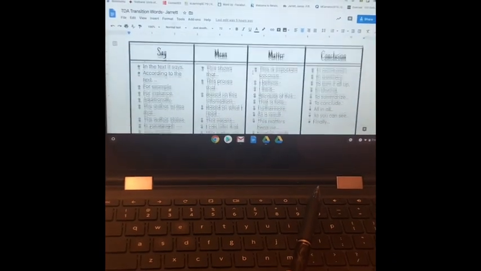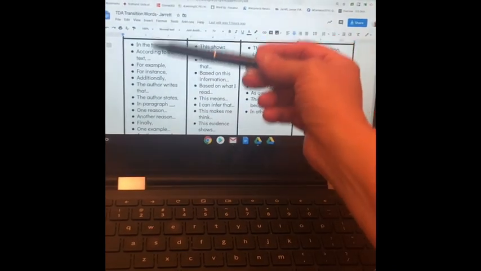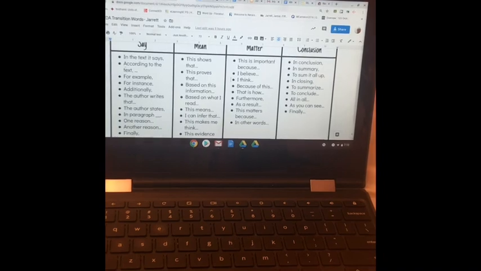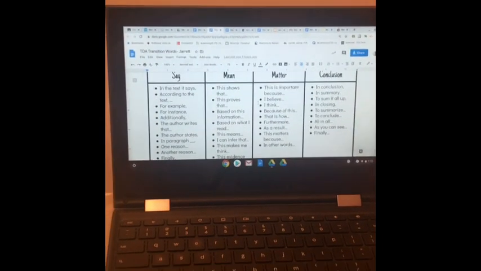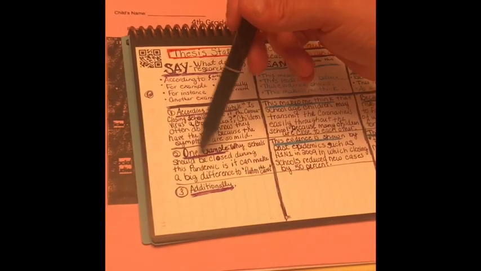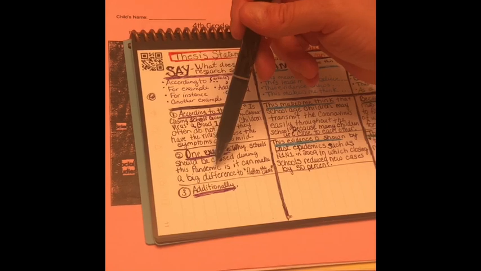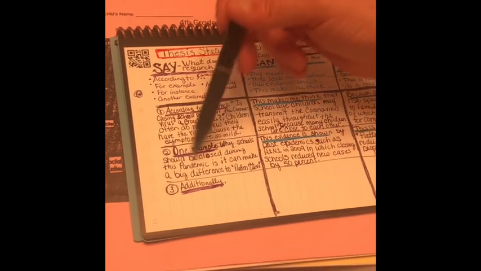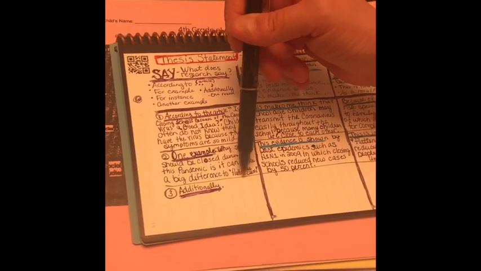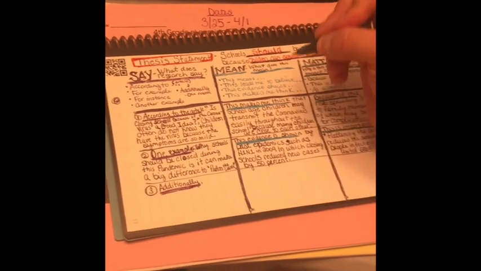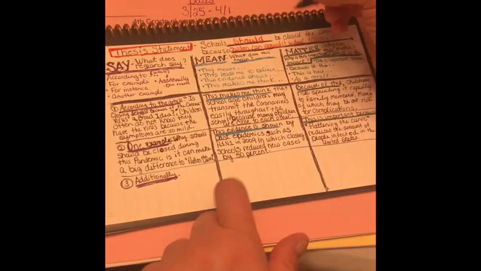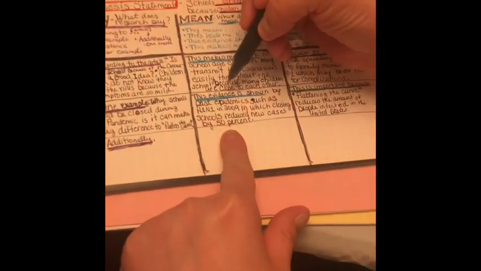And here are your transition words. Remember, you can pick one of these that best suits your essay for your say. And I said for mine, my one example why schools should be closed during this pandemic is it can make a big difference to flatten the curve, which I'm sure many of you have heard. So for my mean, I used this